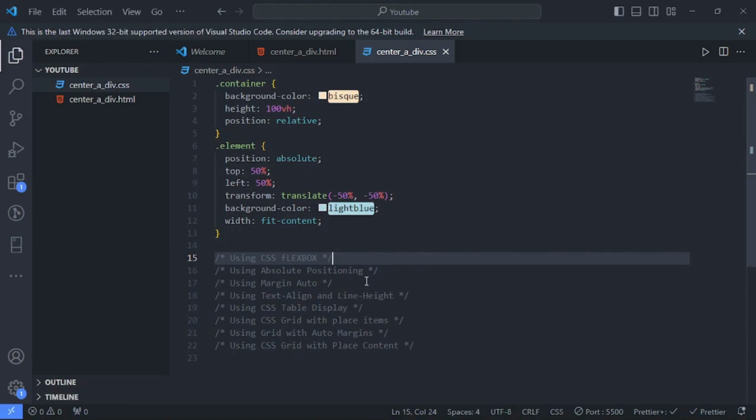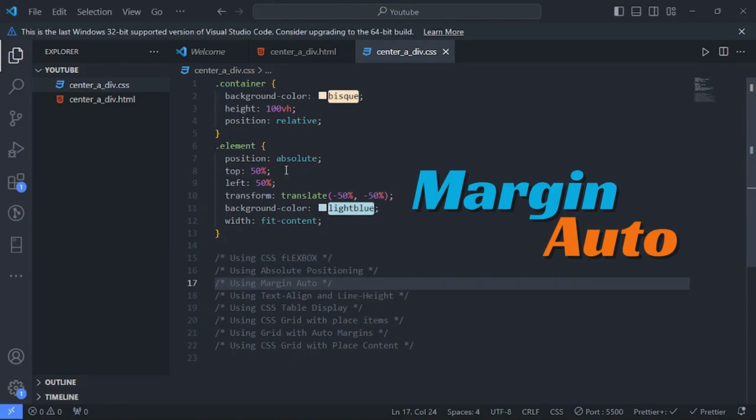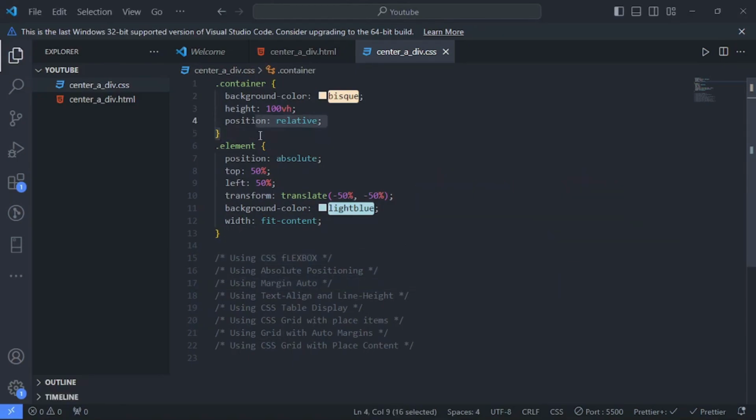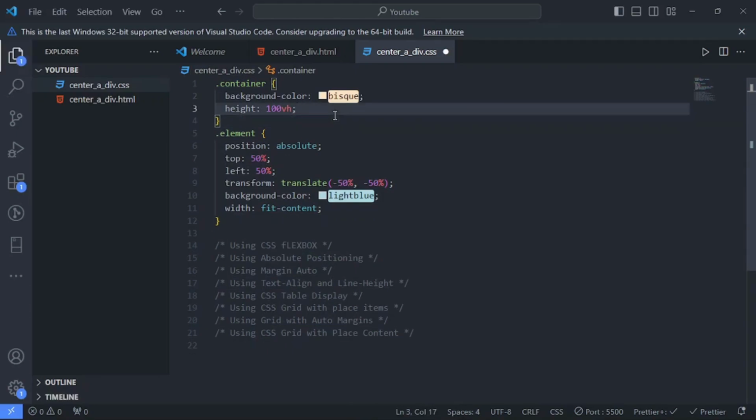So the next one I want to talk about is using margin auto. Okay, so this one is also very straightforward, but it has a downside. The downside is it does not always work. It only works in the x direction of your element. So to explain what I mean,